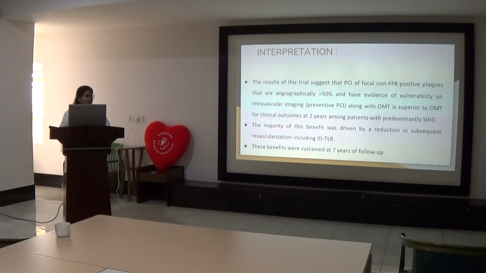And the majority of the benefit was driven by a reduction in subsequent revascularization, including ischemia-driven target vessel revascularization. So only the primary outcomes they have mentioned, and that also specifically for 2 years. On follow-up, the difference does not stay at that level. Were the benefits sustained at 7 years? Only minor, 6.5 to 9.4, but that is what they have